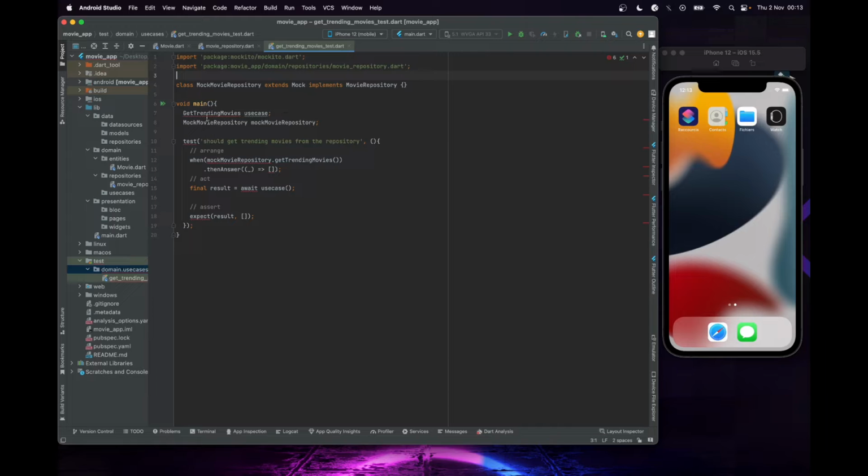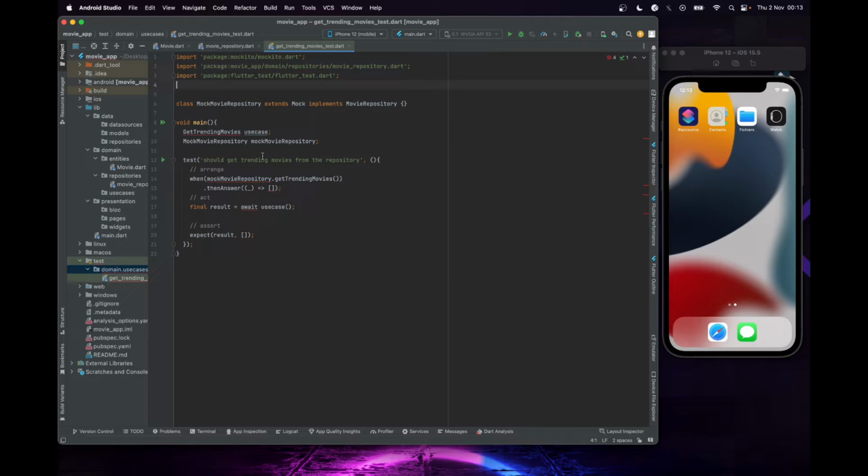And for test, I'm going to import flutter test, and now we are going